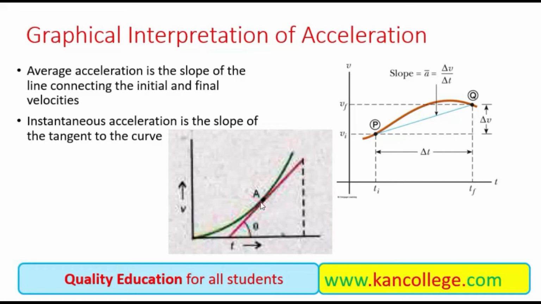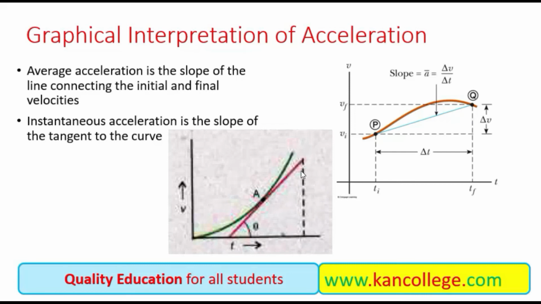If you want to calculate the ability of a body to change its velocity, or the instantaneous acceleration at point A, we have to take the tangent to this curve at this point, and the slope of the tangent, the red line,